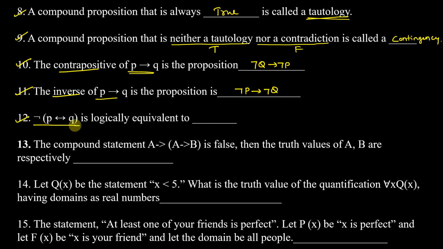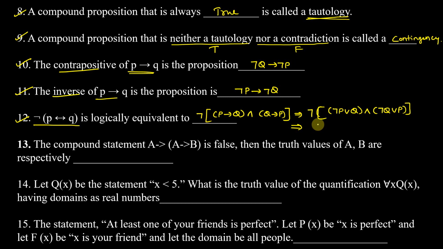And the 12th question is negation of P biconditional Q is logically equivalent to. How do you write biconditional? Biconditional, you can write it as P implies Q and Q implies P. If you write this, it is also true. If you go for further simplification, you can write like this. P implies Q you can write as negation P or Q, and Q implies P you can write as negation Q or P, and again, if you simplify this, you can write it as negation of